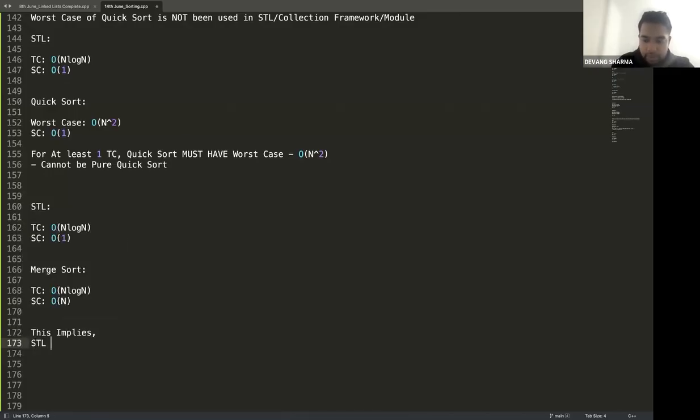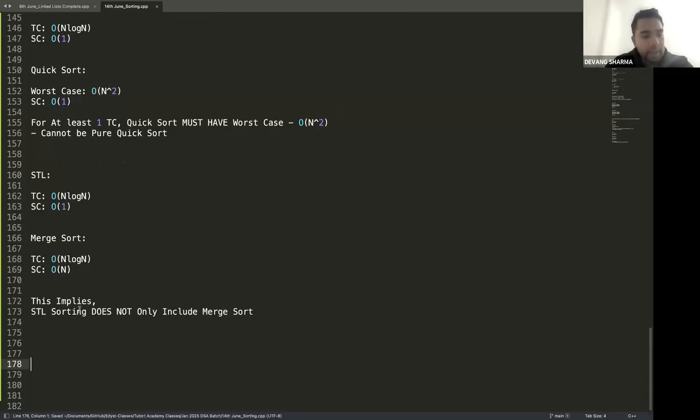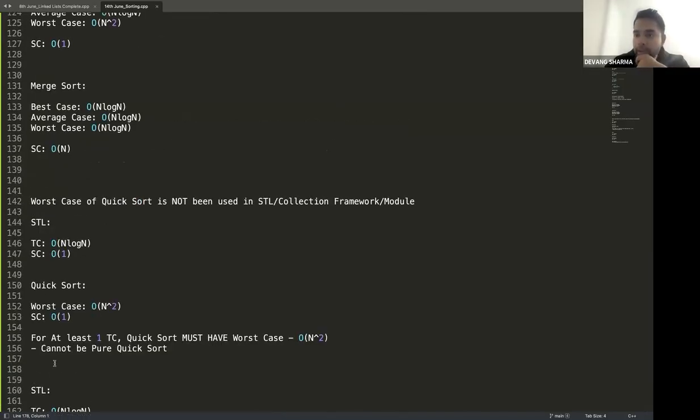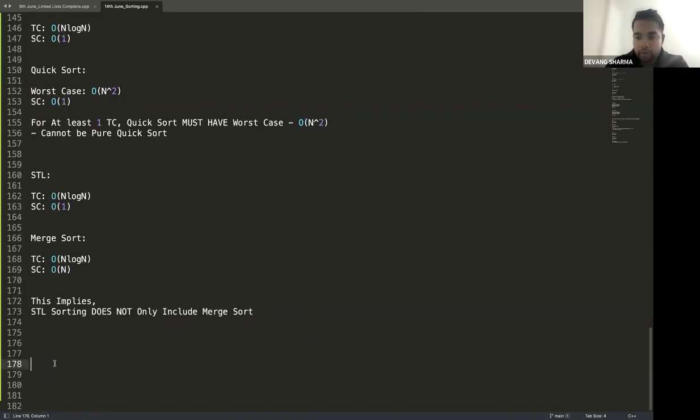My STL sorting does not only include merge sort. This part clear? Okay. So what do we get out of this? The inbuilt sorting that we're using is not pure quicksort. It is not pure merge sort. So what is happening behind the scenes? There is, and must be,